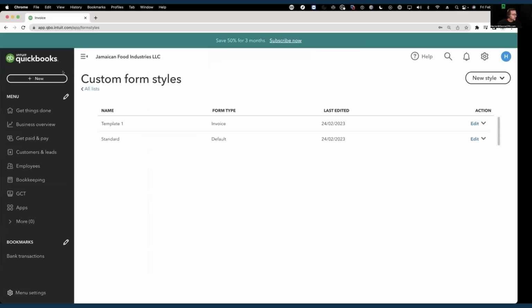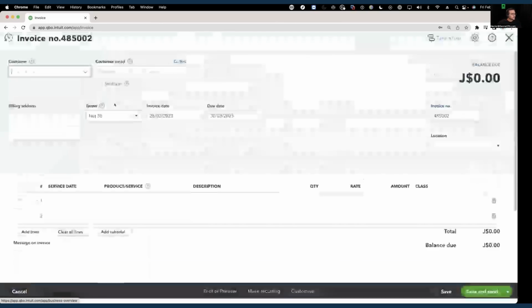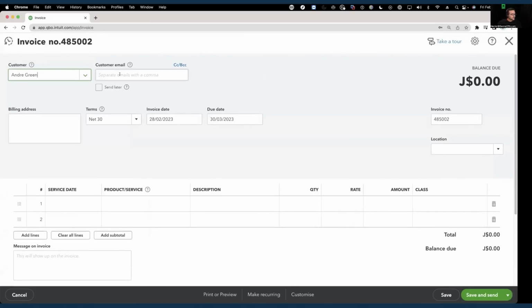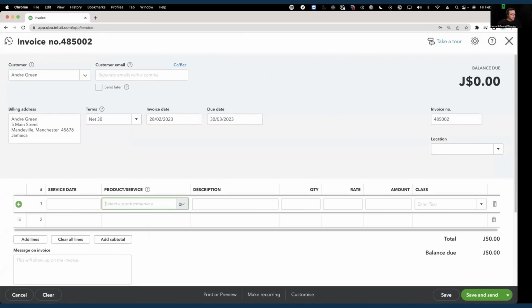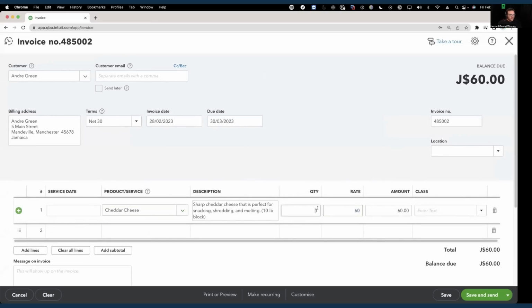I'm going to go to new. I'm going to go a little bit faster. So we're going to go to new invoice, and I'll select a different customer here. It doesn't have an email. I'm going to pick a different product. Let's do this cheddar cheese, and let's say we're going to sell them 45 of them. So all of our stock, so 45, all of our stock,